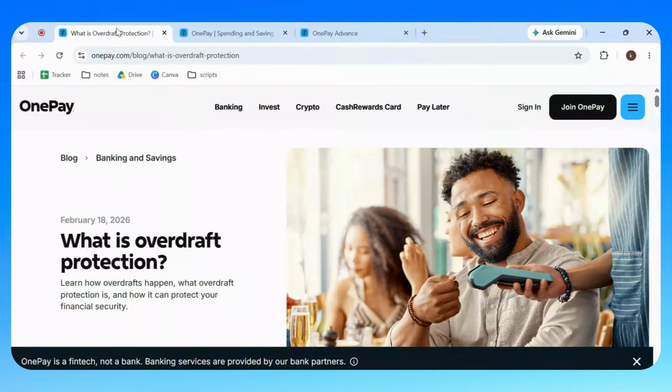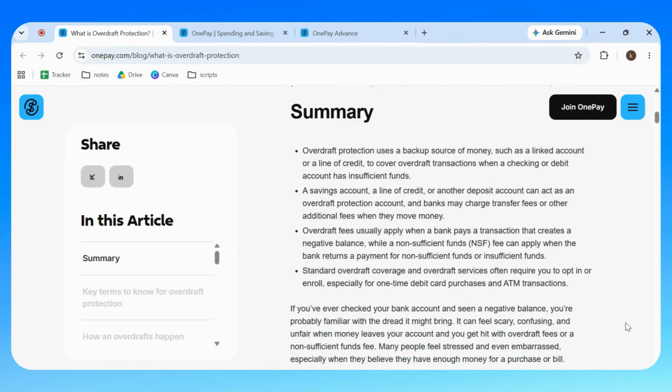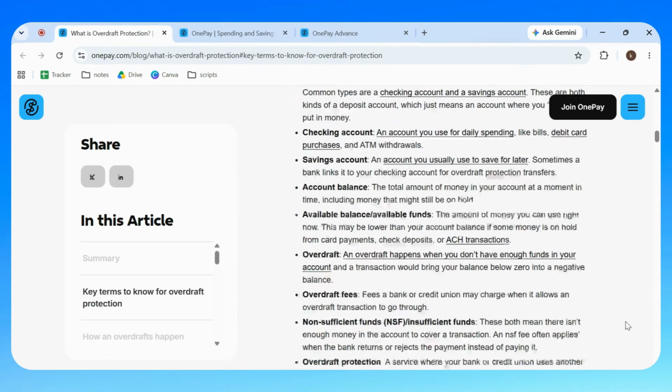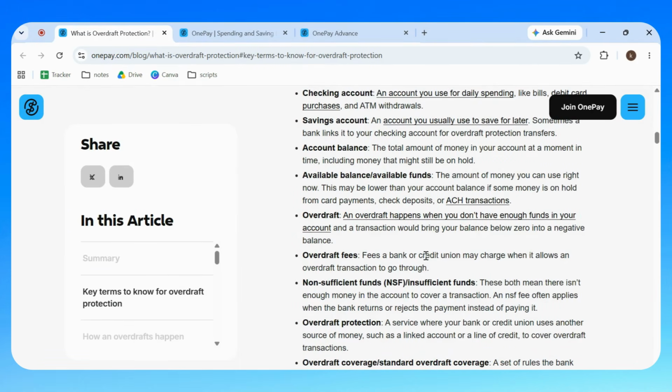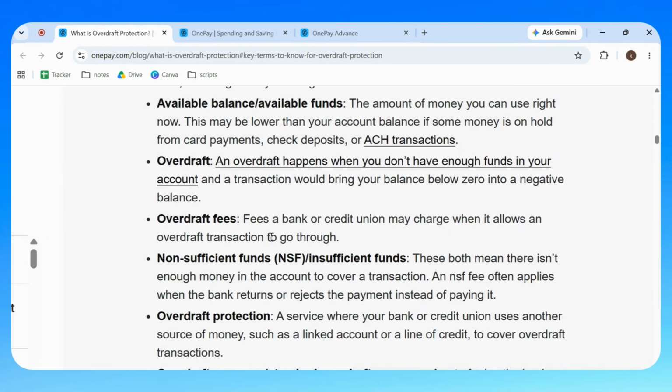Here's how to find your overdraft limit on OnePay in less than 3 minutes. Today I will show you a step-by-step guide where to find your actual fee-free overdraft limit and how to tell it apart from OnePay Advance. Quick note, this involves a financial service and access to additional funds, so review OnePay's terms and fees before using